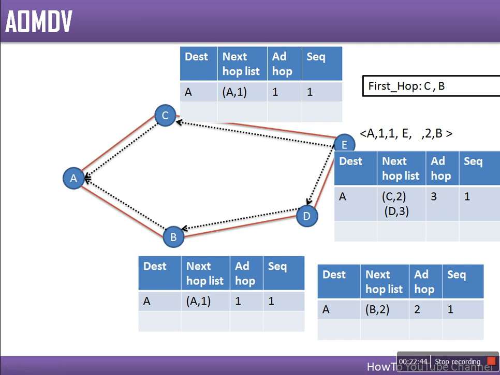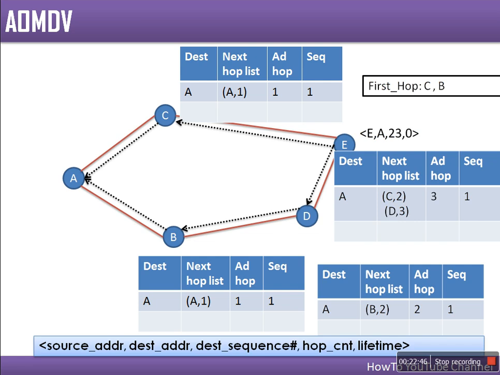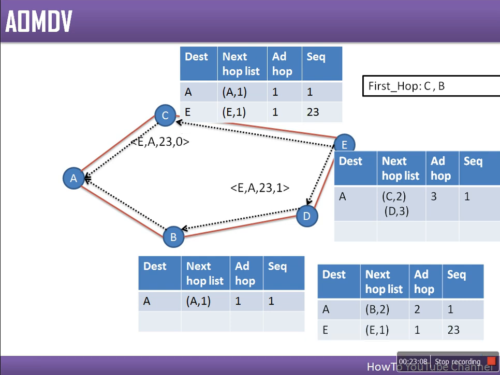Okay, now it's time to send the reply. So node E will create one reply. This first one is the source, the second one is the destination, this is the sequence number, and this is the hop count between the current node and node E. Initially this packet is at node E itself, so the distance is 0. This packet will be forwarded to D and C. So D and C will set up a path for E,